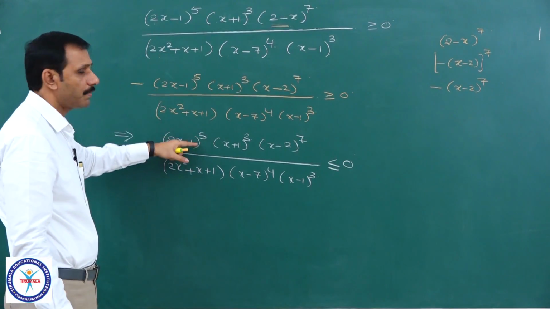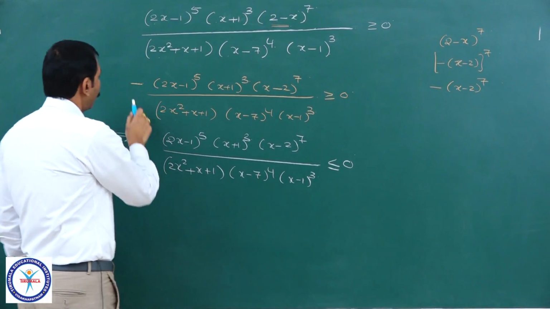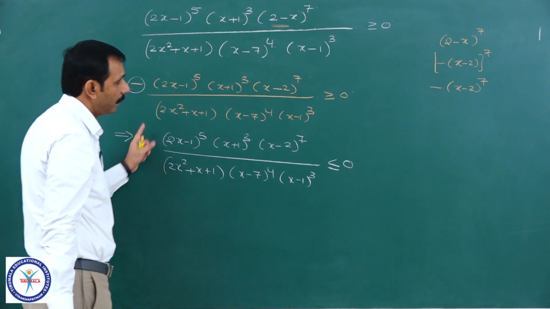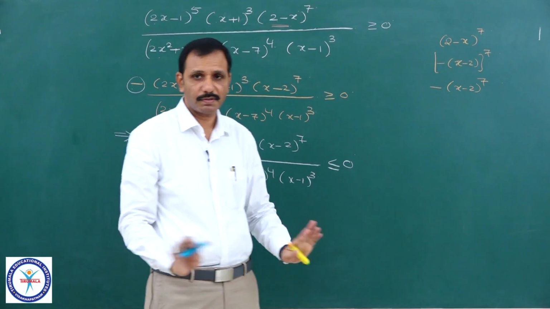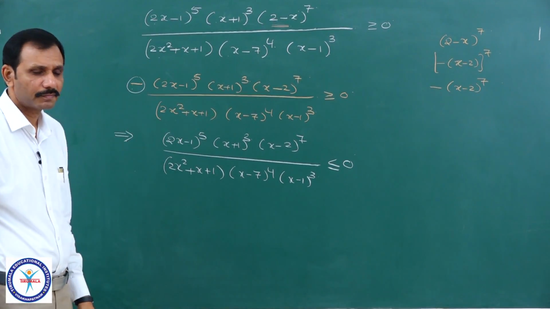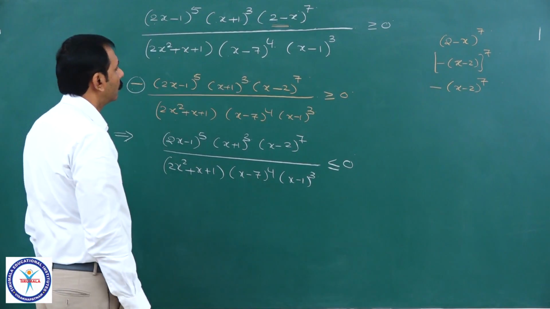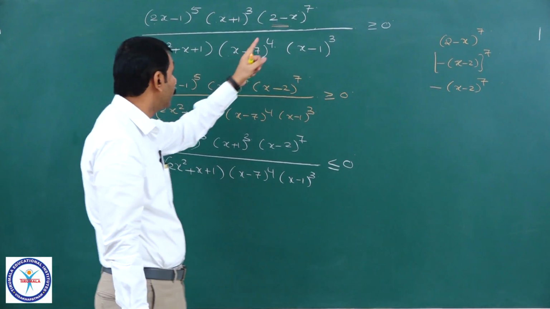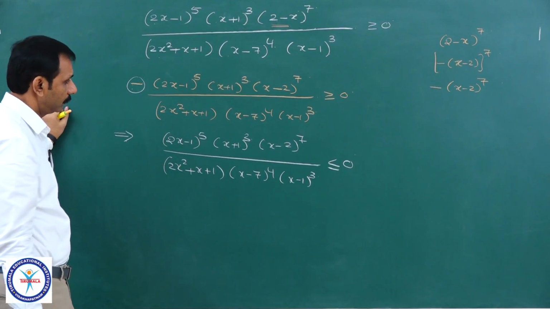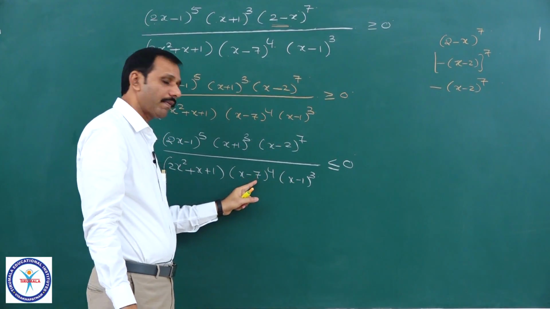Alright, these are two steps what I did here, minus I have taken common, that minus sign here. Now, from here to here I am multiplying with minus sign, that minus sign plus means here it is less than or equal to 0. Till here nothing I did, just I multiplied with minus sign. I could have taken directly this step, but to make you understand in a better way, I wrote step by step. Right. Now, here linear factor, linear factor, linear factor, linear factor, linear factor, no problem.